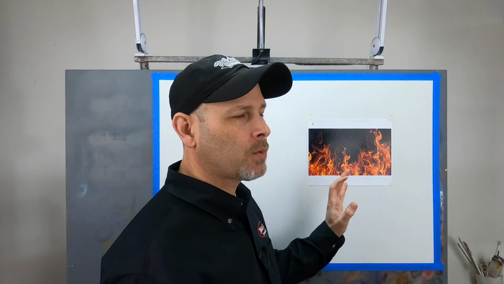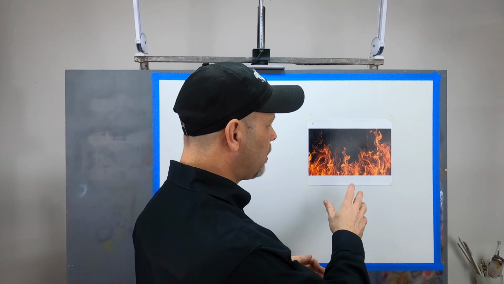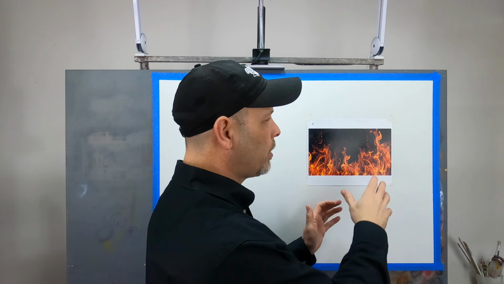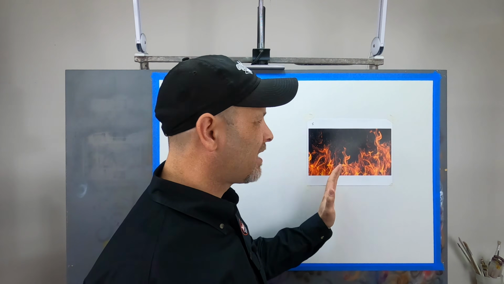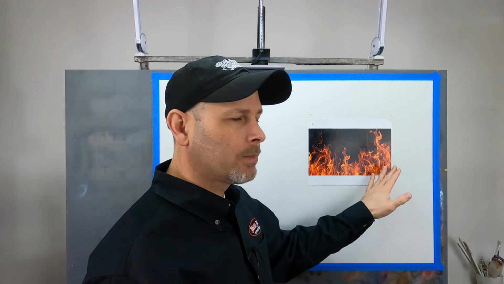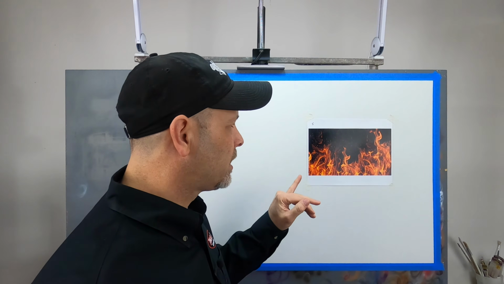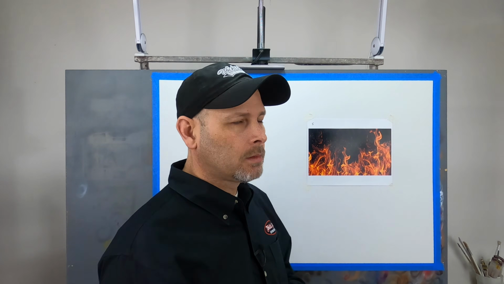Why only black? I want to keep it simple in the beginning. At this point, I just want to show you how I would go about creating some of these portions that we pointed out that I really like, the elements that I think would translate well into an airbrushed fire painting. So I'm going to keep it simple from the beginning and just use one color. Part 3, we'll move on to using colors. So first, let's pick out an element that we want to paint, and we'll go from there.